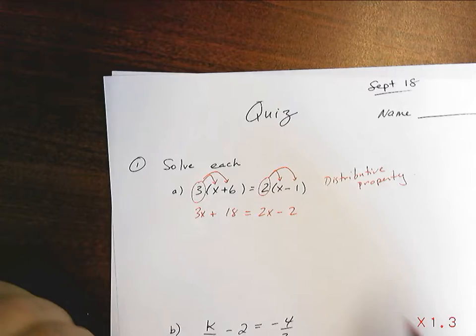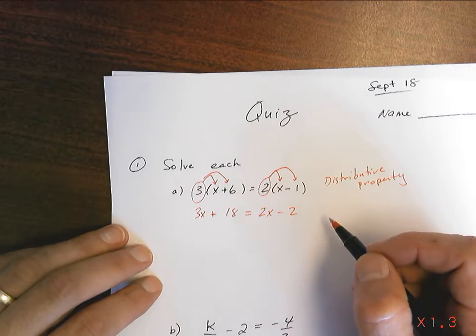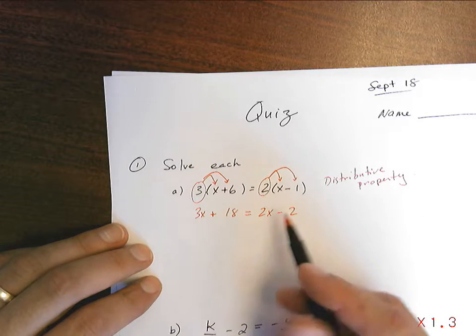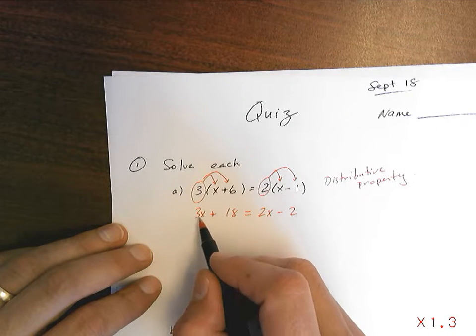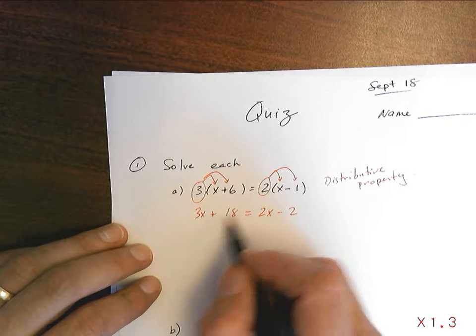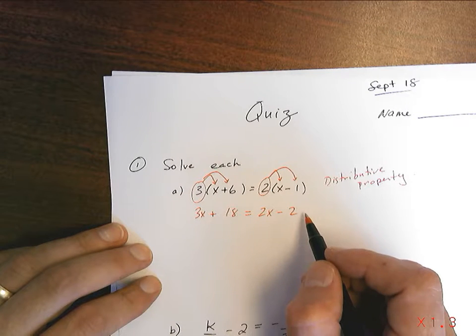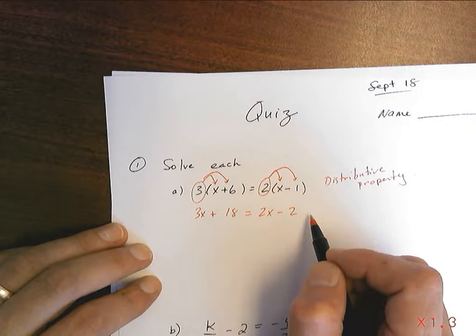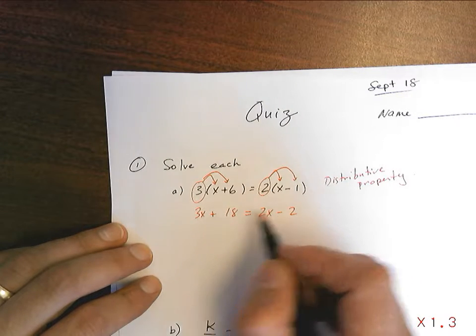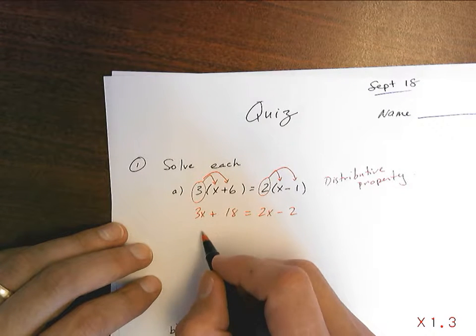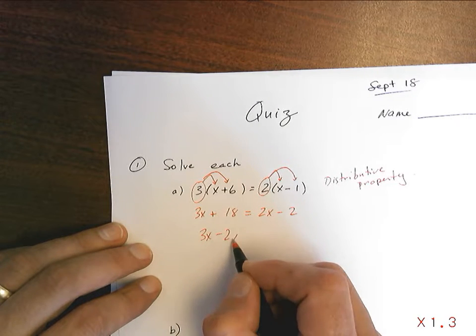So the next step is to collect like terms. What we want to do is put like terms on each side of the equation. So I've got 3x plus 18. If I took 18 away from this side, the 18 would be gone, and I'd be taking 18 away from here. If I take the 2x and subtract 2x on this side, I'd get rid of the 2x, but I'd also have to subtract 2x over here. So we boil that down to just writing,